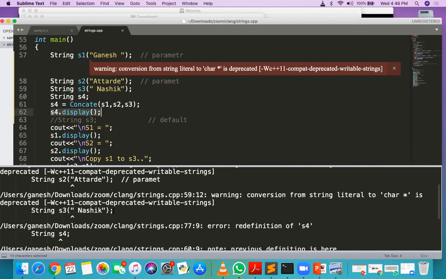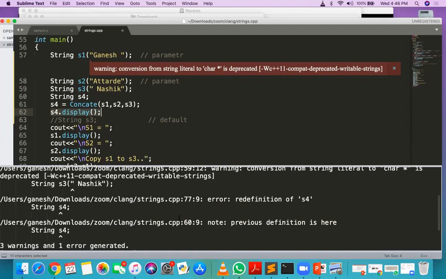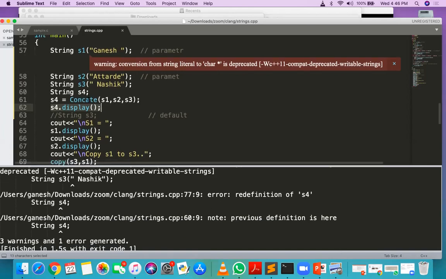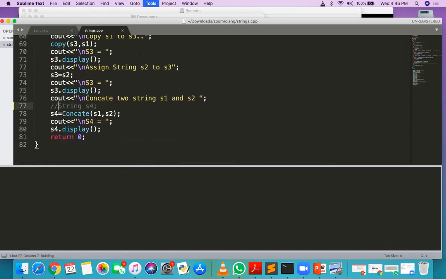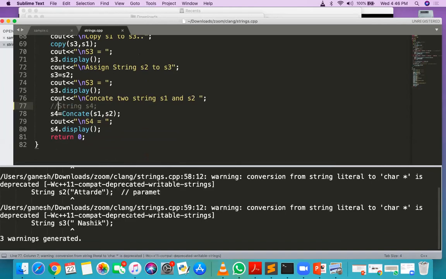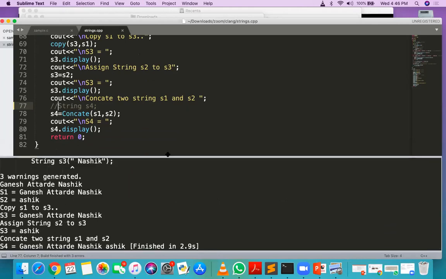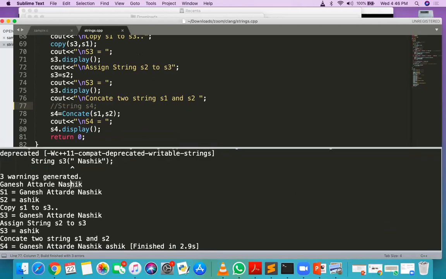It's a literal, yes, it is a warning. Redefinition of S4. Okay, yes. Redefinition. Below also S4 has been, yes, perfectly fine now. Three warnings. Don't look at the warning. Now our program, Ganesh Attarde Nasik.